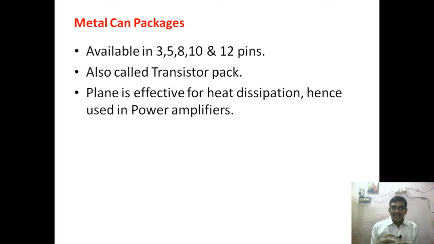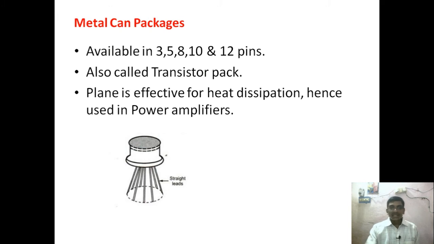As these ICs are enclosed in a metal can, it has effective heat dissipation, in the sense that whatever heat is generated inside the IC can easily be dissipated to the environment. Because of that this is used for power amplifiers.